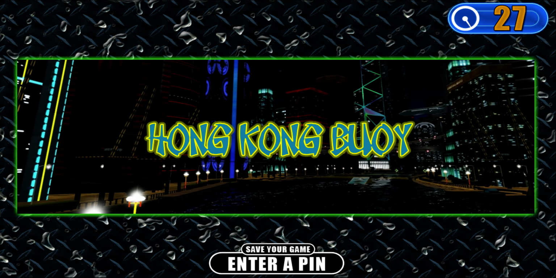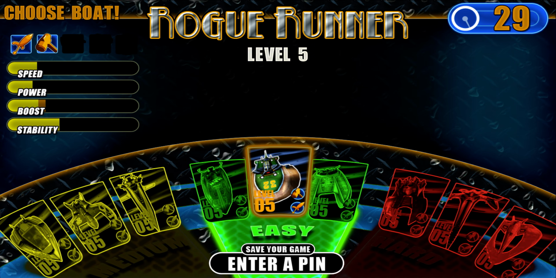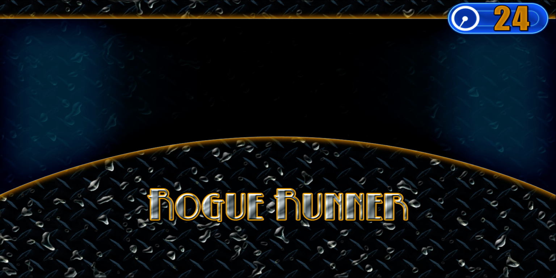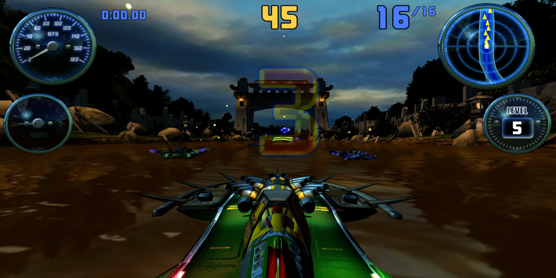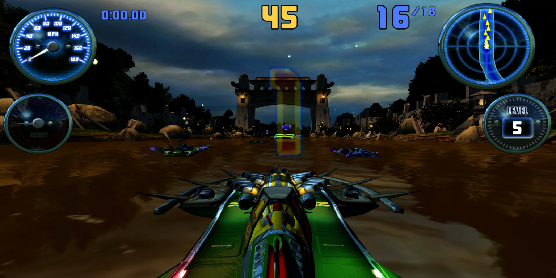Hong Kong Buoy! Choose your boat! Rogue Runner! Three, two, one, go, go,